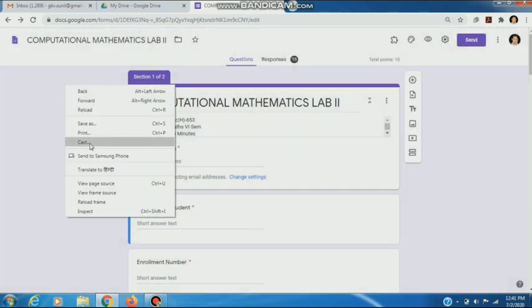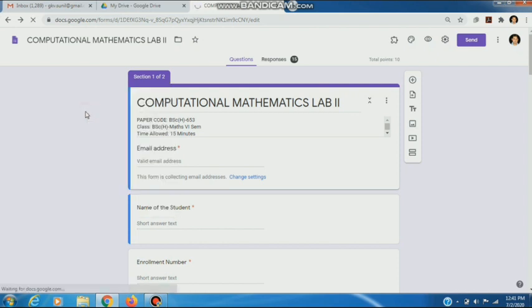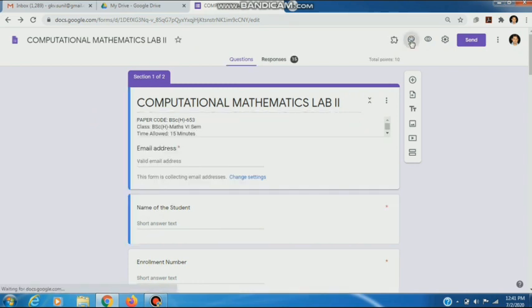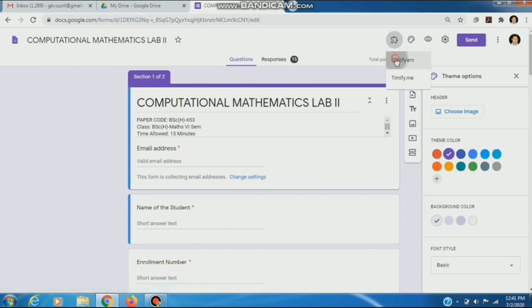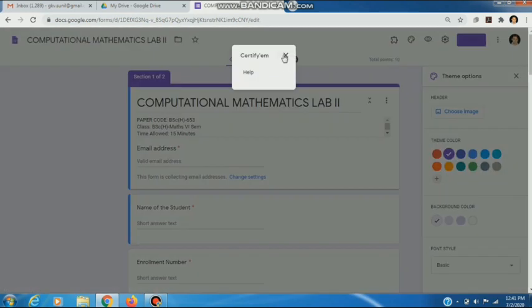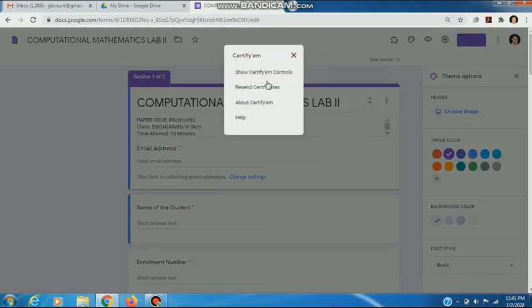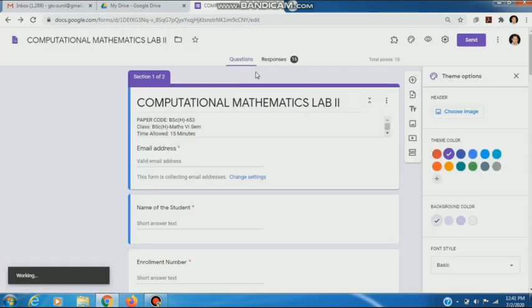It is showing some mistake, so I reload this once again. Click on Certify EM. Now it is showing all the controls. I click on Certify EM controls.